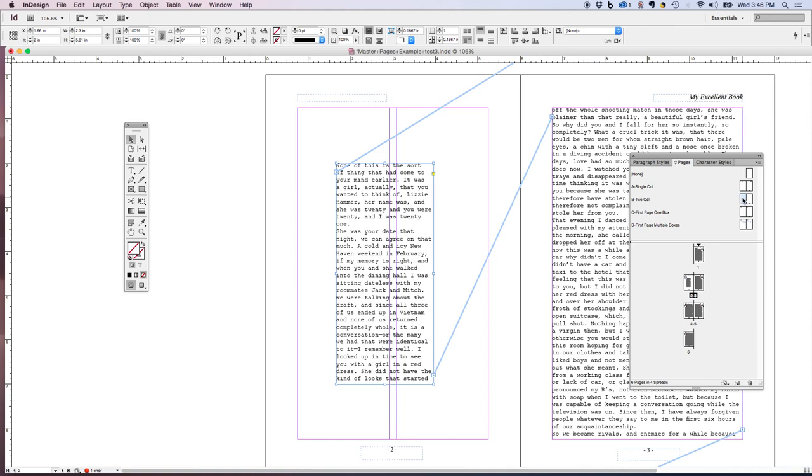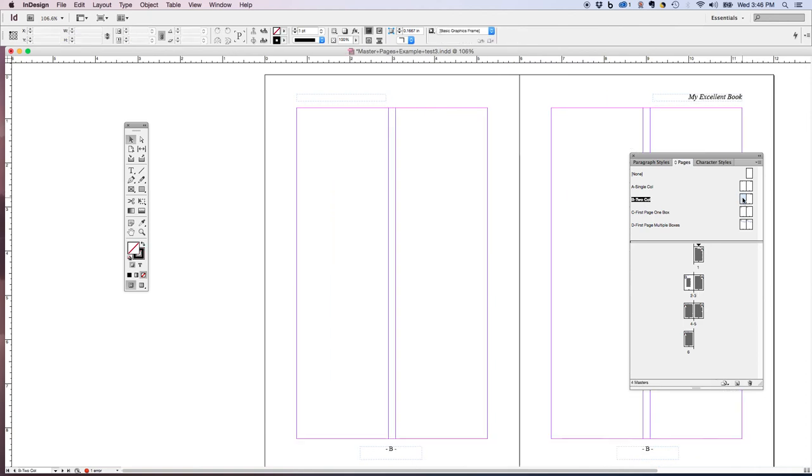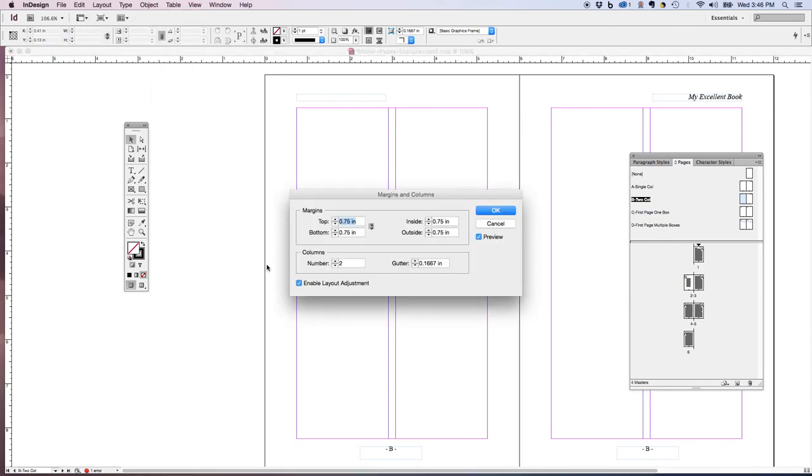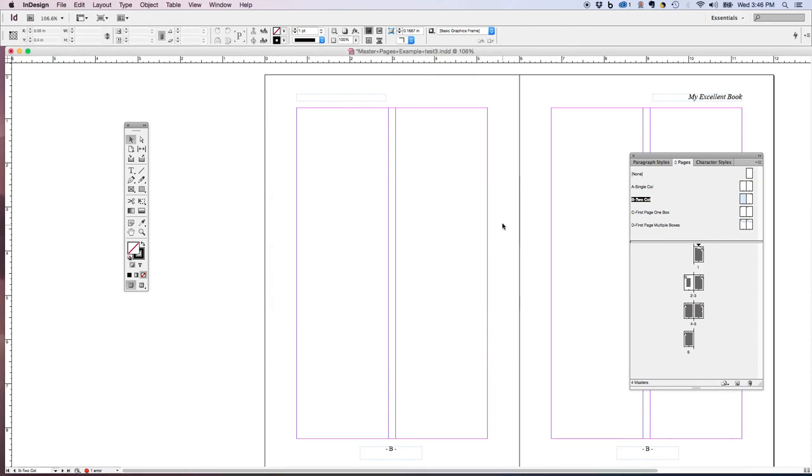The other thing that is important is when you actually set up the master pages. I'm going to go into layout and margins and columns. The other thing I do is I check enable layout adjustment. That's what allows InDesign to go in and reconfigure the layout whenever you're applying that master page to an existing page. So that's one of the ways that master pages can